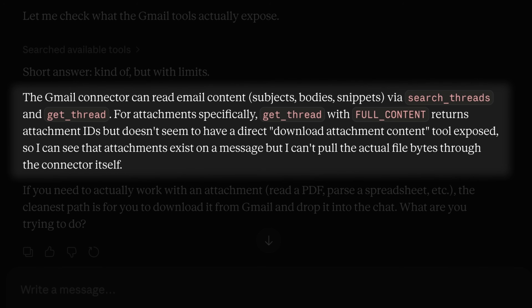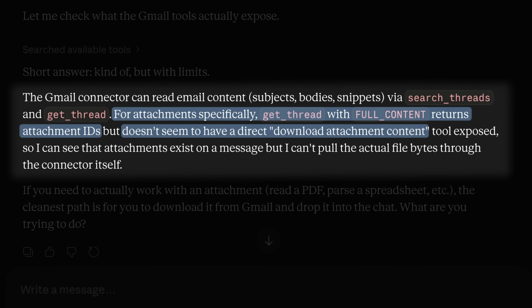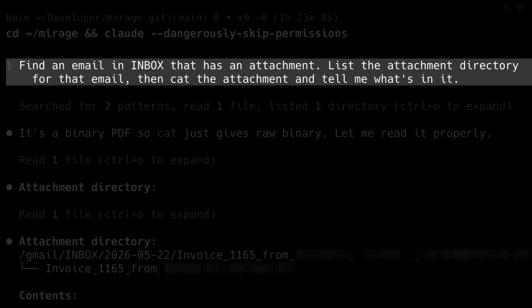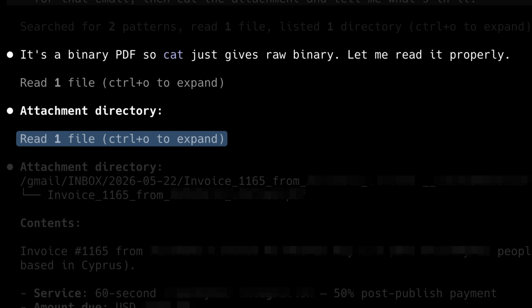Now, there's a problem with the existing Gmail MCP. Emails regularly get file attachments with them, but using the MCP, Claude can't read or download them, which pretty much makes it a blind old man in this situation. It can only see the file name, which creates a serious limitation with the automation. But with Mirage, if we ask it to search for any attachment, it can actually read the file attached to the email because it's just a file in the file system. With the MCP, you have to get the attachment manually and paste it into the agent's context manually.